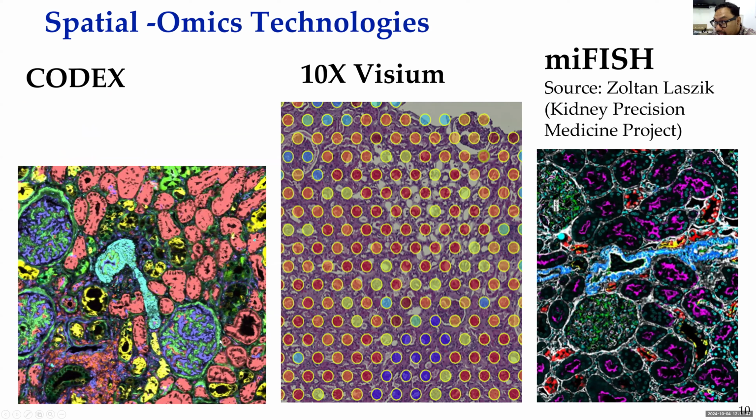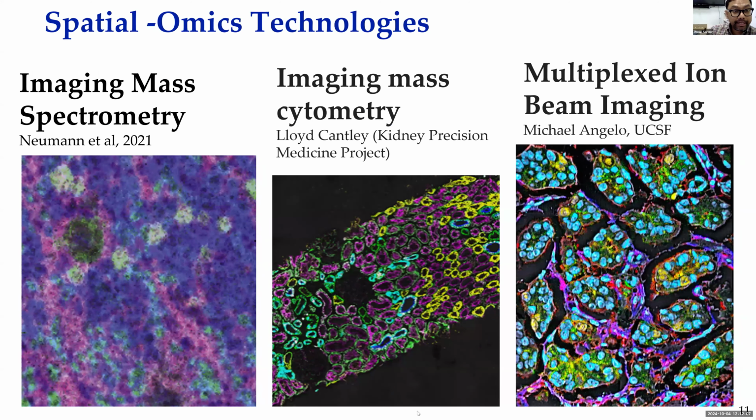CODEX is basically measuring protein. This is a 10x Visium sample where you see histology overlaid with these spots. Each of these spots measures thousands, about 20,000, transcripts. So this is spatially resolved transcript information. This is deep data. Then there is MI phase, which measures targeted protein and transcript in the same assay. Then imaging mass spectrometry, which is very interesting. It has poor resolution, but it measures